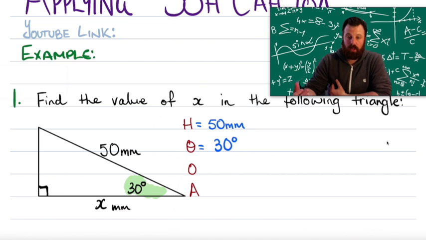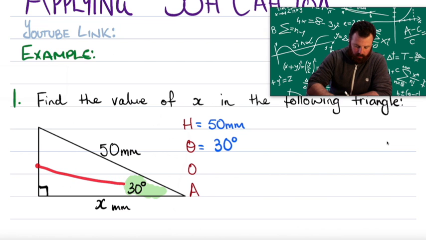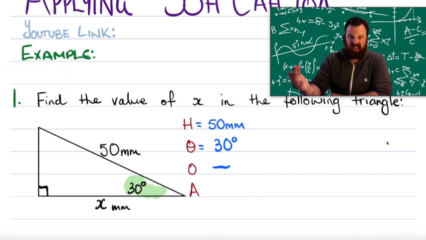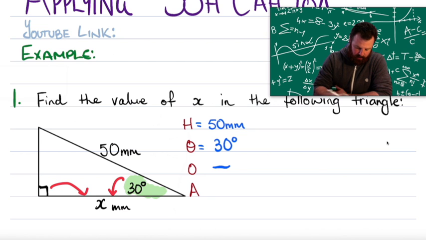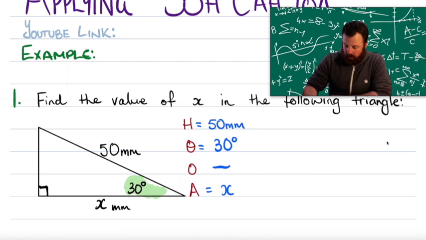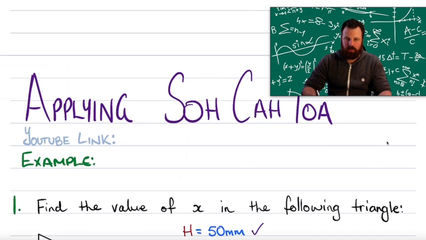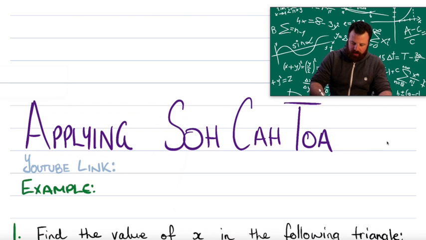Remember, the opposite side in trigonometry is the side that's on the other side of our reference angle. So if we look over there to the other side of the triangle, there's nothing there, blank. Our adjacent side is the side that is next to the reference angle and also next to the right angle. So our adjacent side in this example here is x. All right. Looking through what we have here, we have a hypotenuse and we have an adjacent side. And if we scroll up, have a look, that hypotenuse and adjacent, they apply in CAH, so we're going to